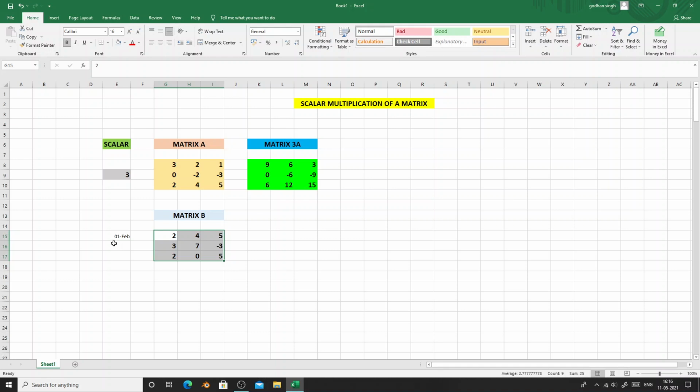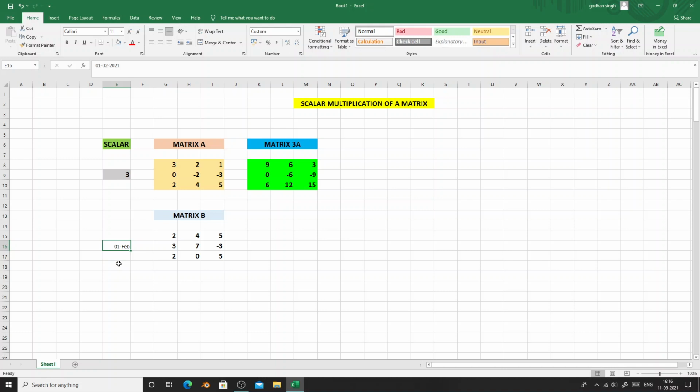Now the only problem is here, that of 1st February. So let me drag this one cell downwards. For that again click on the corner, or you can click here at the corner, anywhere you can click. So once you click it, you have to drag it down. So here we'll just click on and drag it down. So we have got it here. So instead of half, we are getting 1 February.